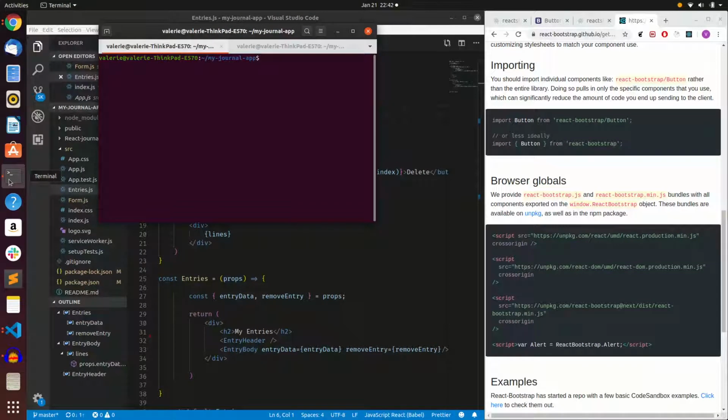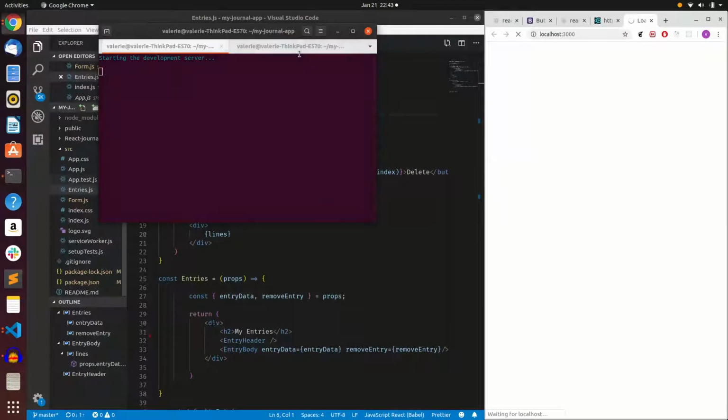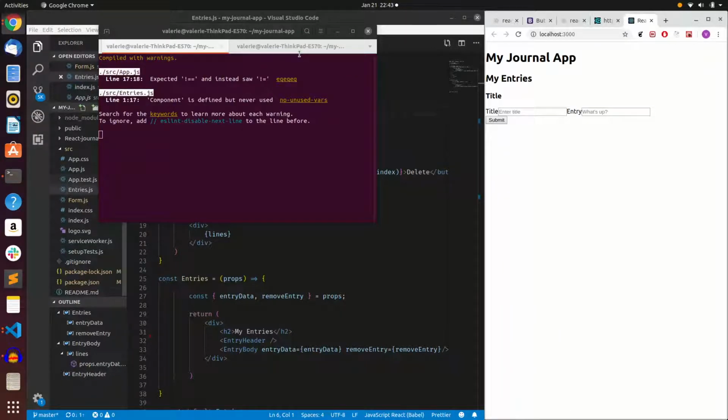So first thing I'm actually going to do is run npm start to get our server going. And I'll just open up our project in our default browser once again. It'll just take a few moments. And this is what we have so far. A very beautiful looking app. And the next thing we're going to do